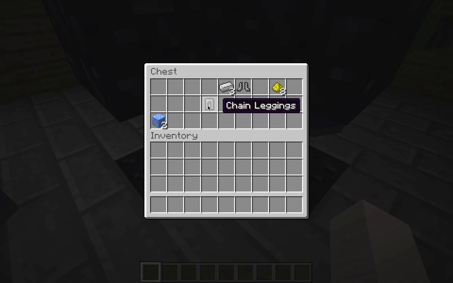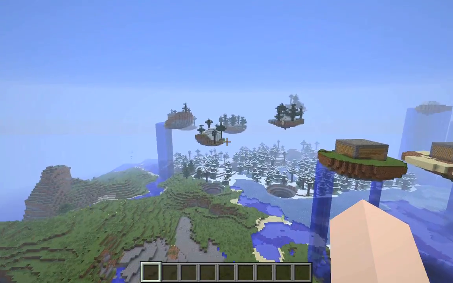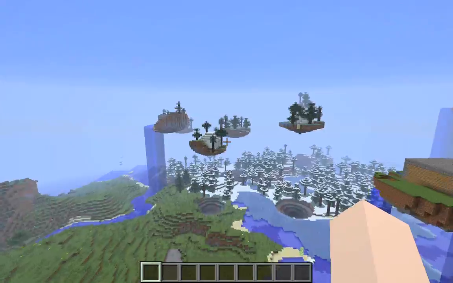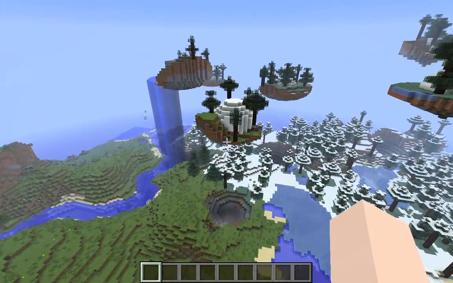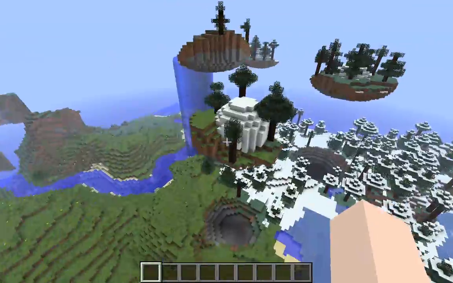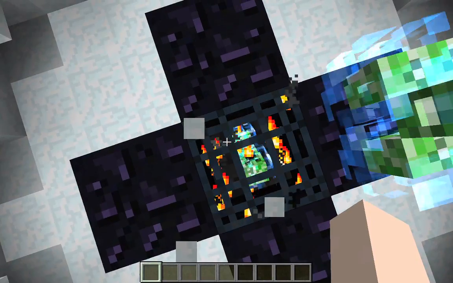Glowstone dust. Chain leggings, that's pretty good because it's a unique item. The chainmail. Glowstone dust is always good. And so you can see over here in the snowy biomes, there's basically like igloos. So let's drop down. And each biome also spawns